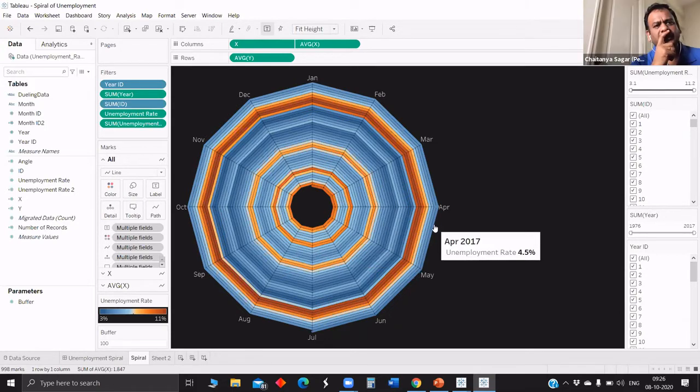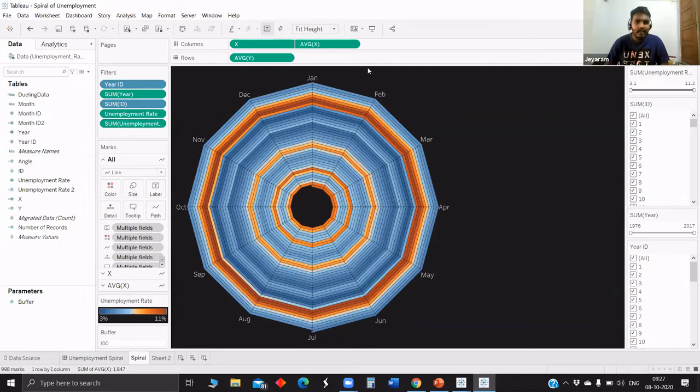Okay, got it. What this highlights is how unemployment trended over months. I think that is what you can get the most, because you can see here the brownish color, and you can see the bluish patterns as well. Is this real data or is this made-up data? This is real data from the Bureau of Labor source.